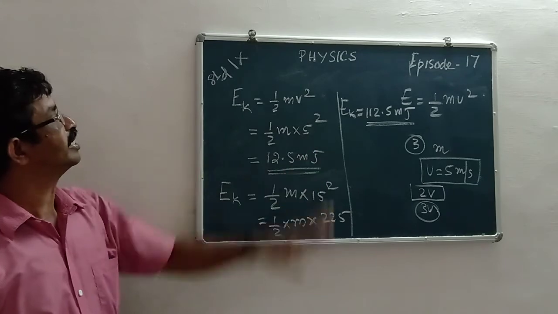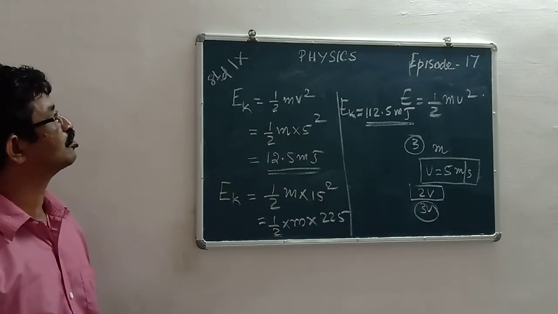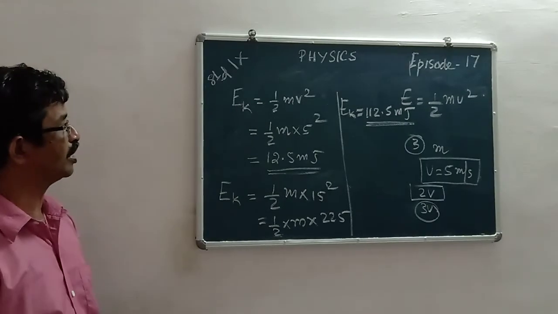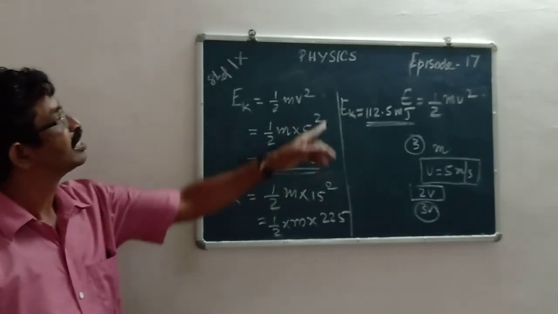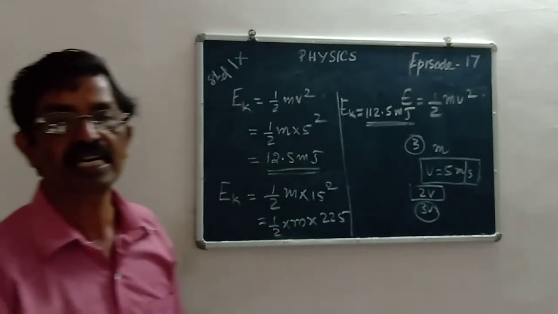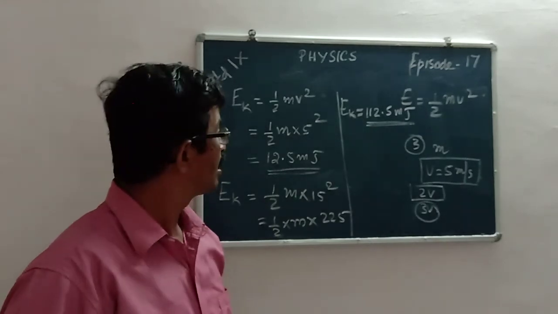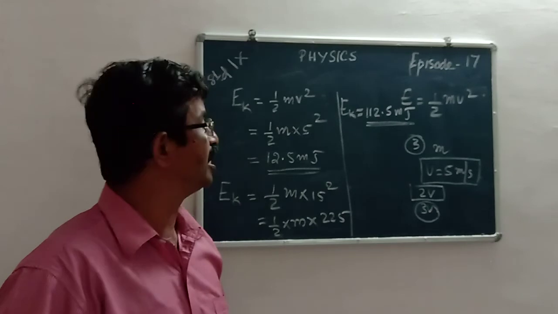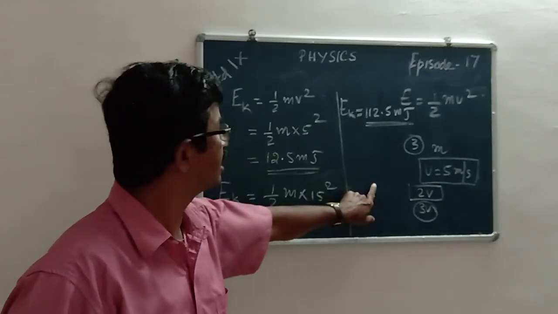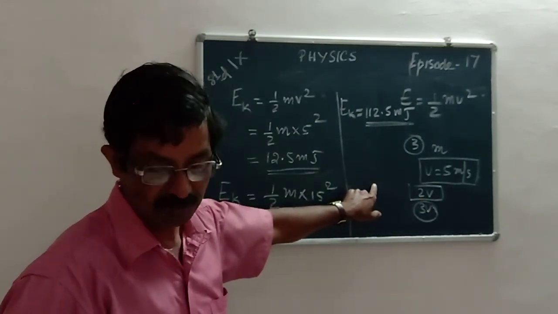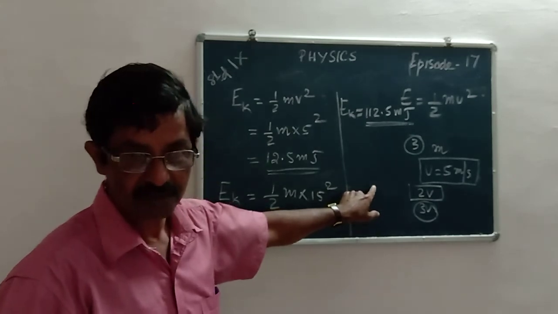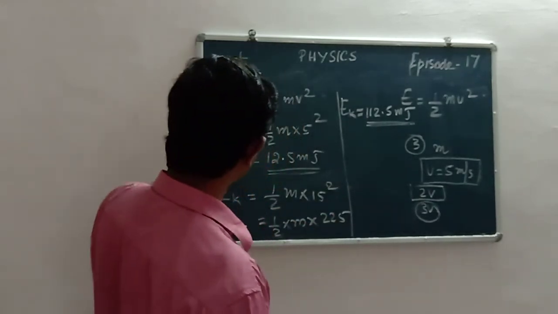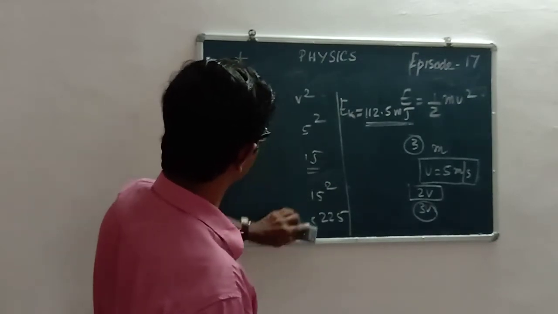See, now the kinetic energy at first it was how much? 12.5. When the velocity becomes 3 times, the kinetic energy becomes 9 times. When the velocity increased to 3 times, kinetic energy now becomes 9 times. So the things we discussed are